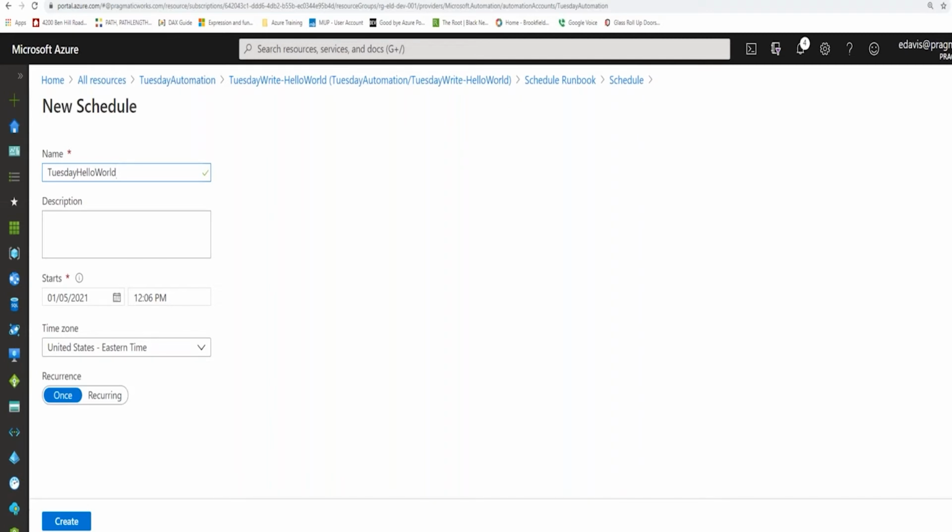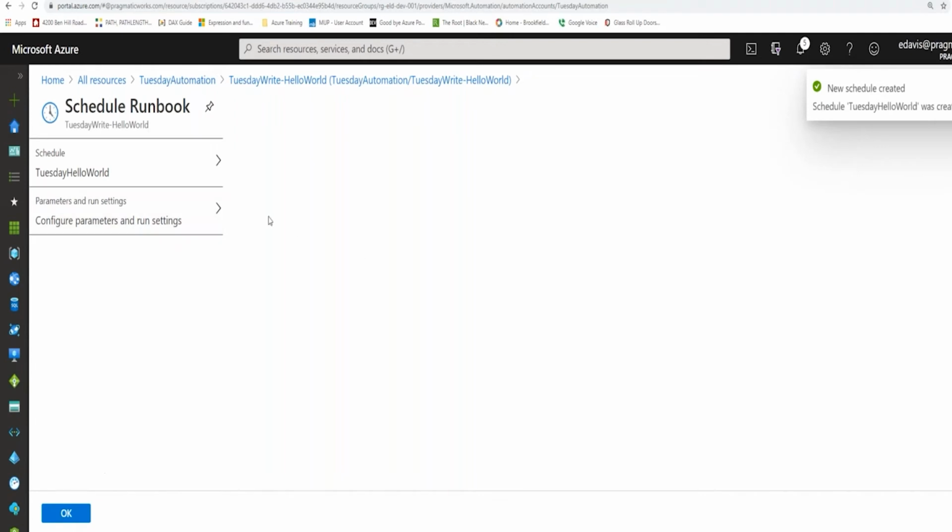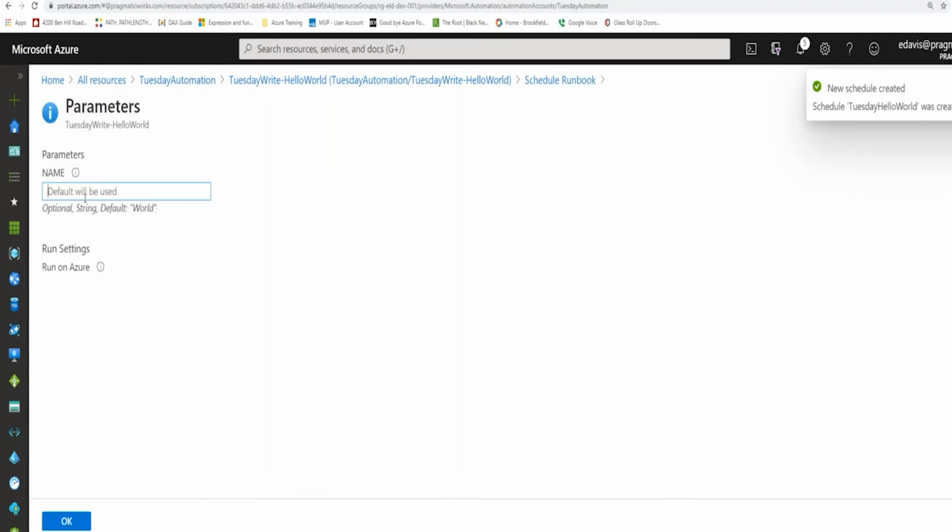and then you give it a time minimum. I believe it has to be at least 5 minutes out. So I have 11:36 Eastern or 11:37. So we'll go ahead and say 11:43 a.m. All right. And we'll run it once and say create. So now we expect the schedule to be created. If you had any parameters and you wanted to put in something like hello, you could have put hello. Obviously, in the example we showed, we had a server name, a database name, and a processing type. So,